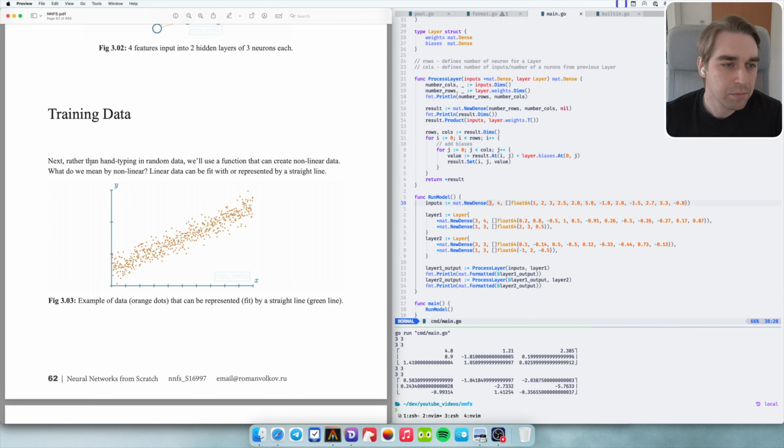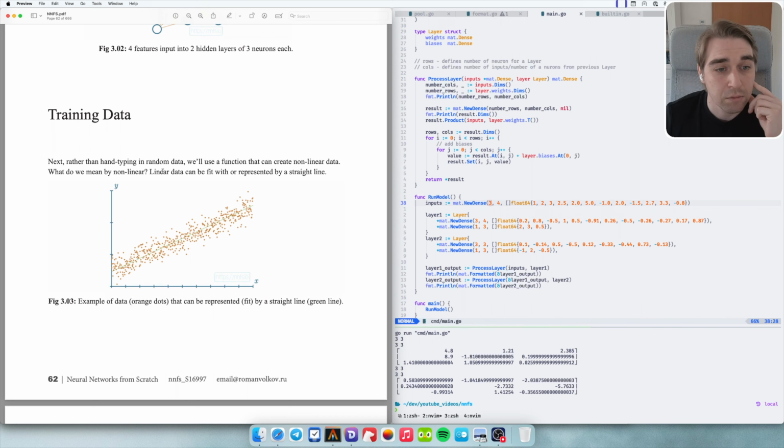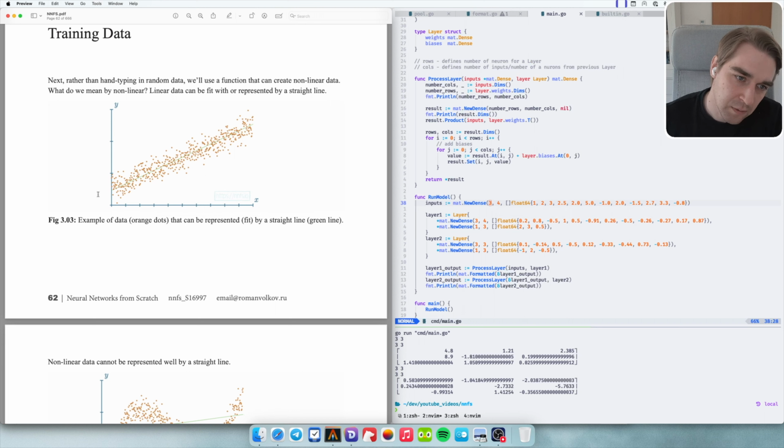Next, rather than hand typing in random data, we will use a function that can create nonlinear data. What do we mean by nonlinear? Linear data can be fit with or represented by a straight line. Example of data, orange dots that can be represented by a straight line. Well, yeah, we can see that the data goes in this direction, or in this direction. I don't know the orientation of this line, but